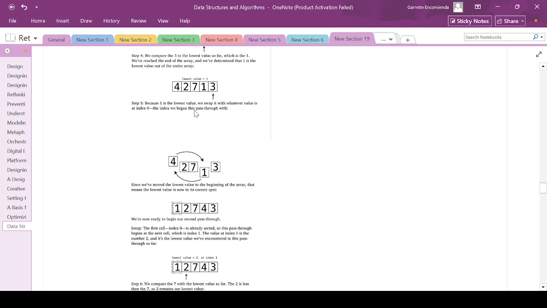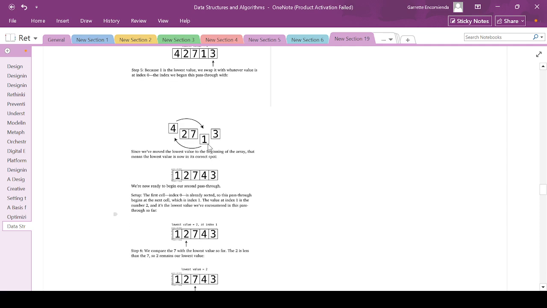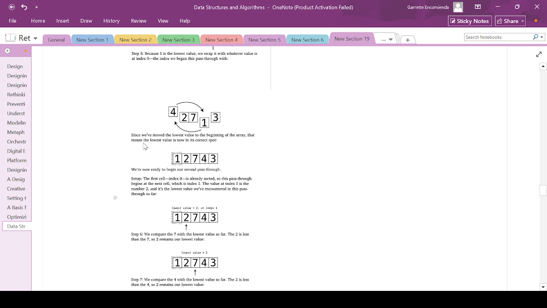Because 1 is the lowest value, we swap it with whatever value is at index 0, the index we began this pass through. So here, we passed it in step 5. So another step is swap. Since we've moved up, again, so we used to